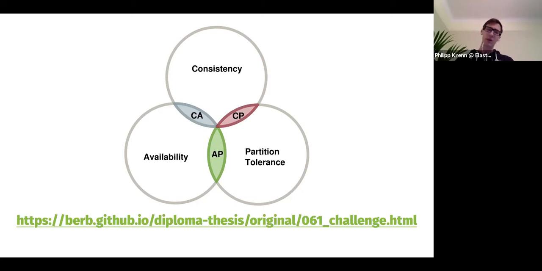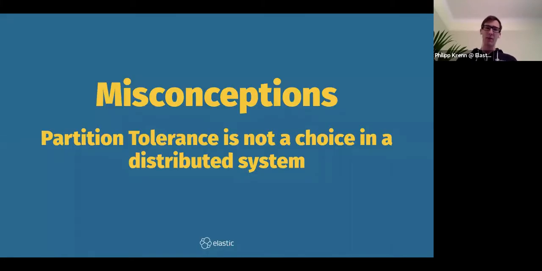Because the distribution and thus the network partition is kind of harder or more complicated to do in those systems, if at all. And thus, you can only pick 2 of the 3 attributes to build a system that conforms to those. And if you want to have a better understanding of that, you need to be aware of 2 misconceptions that you could run into.